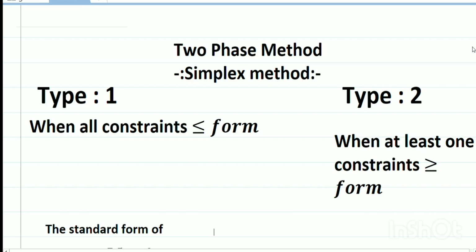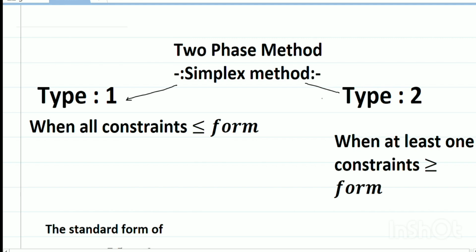Today's discussion is the two-phase method, okay? So friends, I have already discussed the simplex method. Simplex methods are of two types, type 1 and type 2. This is type 1, another is type